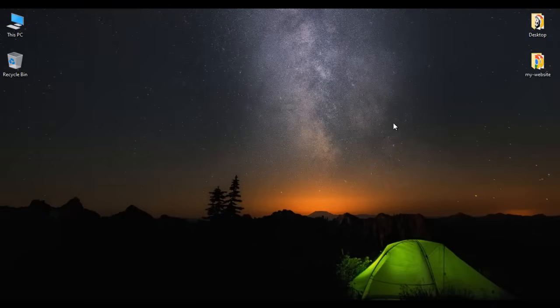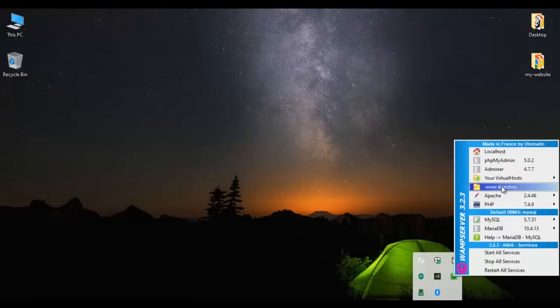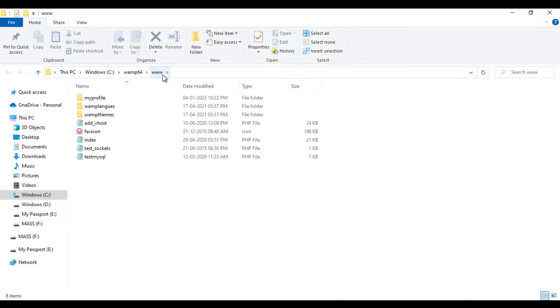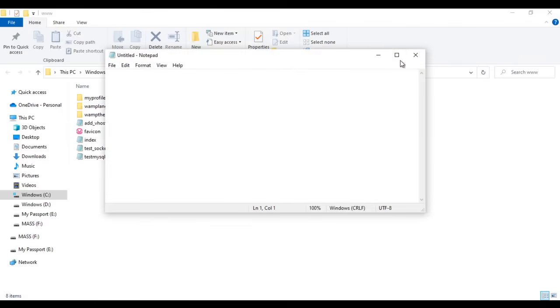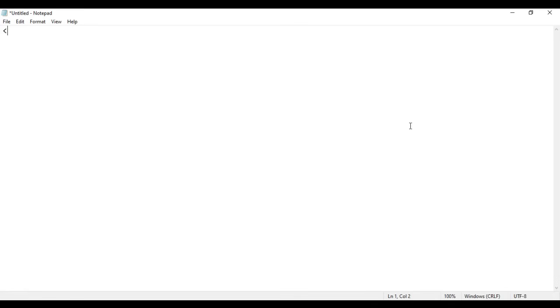I minimize it. Next, I go back to system tray, click on WAMP server icon, click on www directory. That opens www folder. Inside www folder we put our PHP files, right? Here I search for notepad. I select the notepad. You can see the notepad got open. Here I say <?php ?>. In this I say